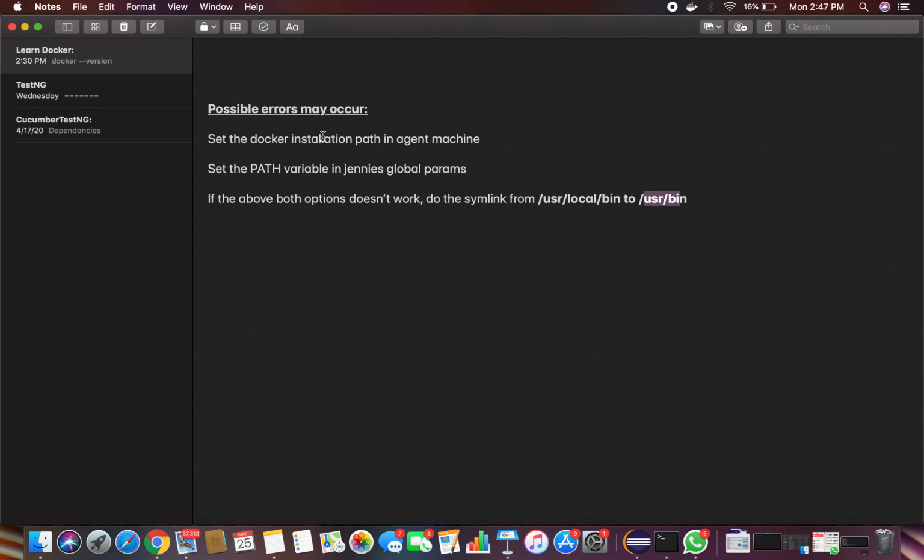For that, you can set the PATH variable in Jenkins global parameters under Jenkins configuration.